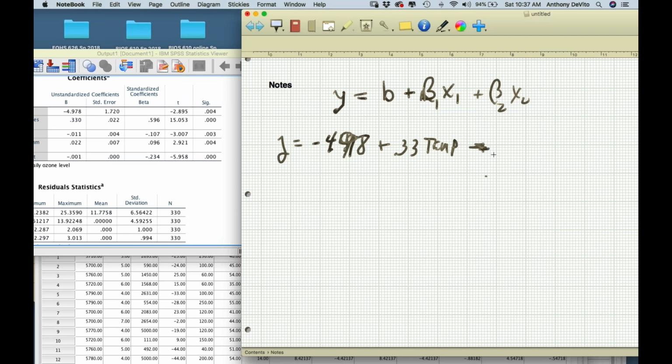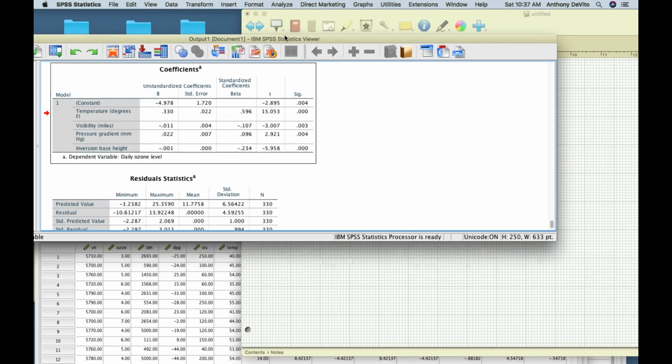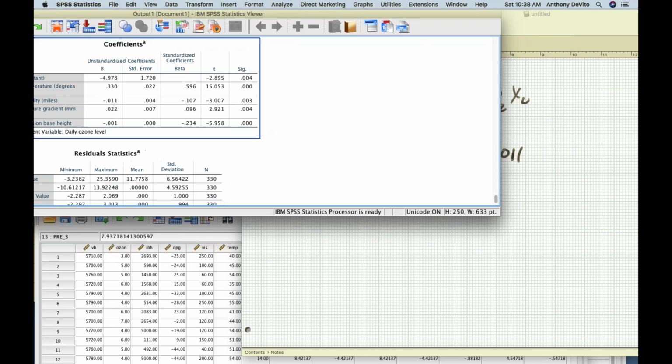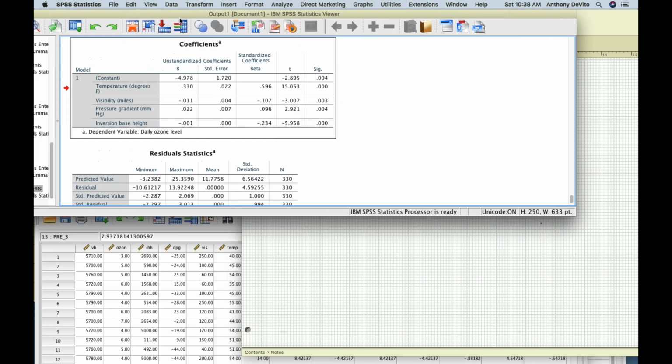minus 0.011. Doesn't look like it's going to have that big an influence. Actually, you can't really tell because it depends on the magnitude of the units that they use. So miles could be hundreds of miles. So that could turn out to be a significant factor, right? Times miles, minus this times miles, plus, and I can't display more right there in one line, plus